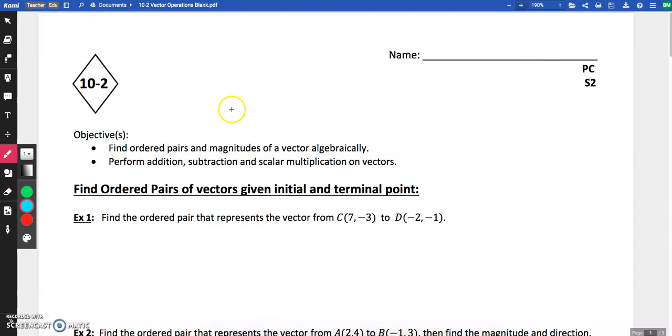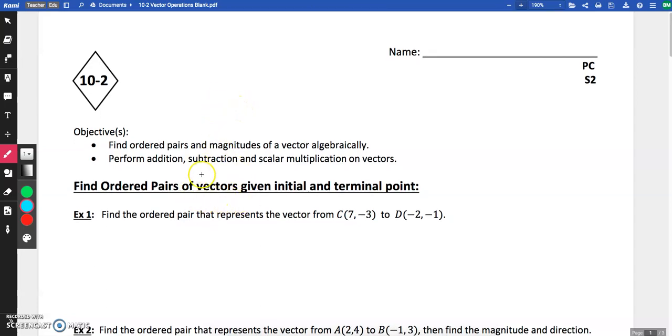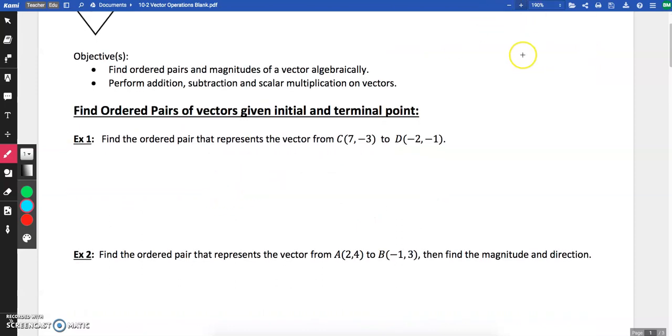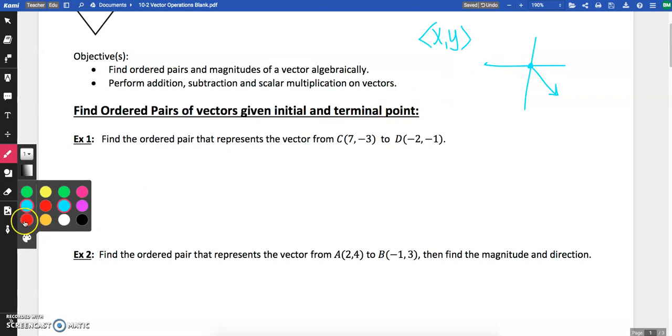Before we do that, though, we're going to look at how to find a vector when you're given two coordinate points. So in the first video for this unit, we talked about vectors in standard position, so maybe a vector that looks something like this. For this vector, it's easy to figure out the components, meaning the x and the y, because it starts at the origin. Now, if you have a vector that's just kind of hanging out, like between two random points, like here and here,